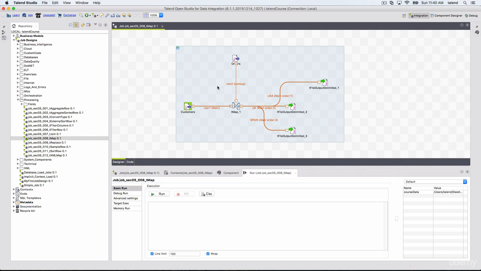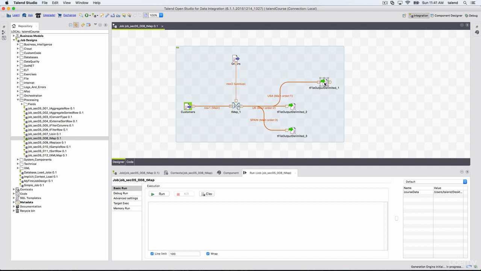So this is a basic job. What we are doing is we have this source file, customers, then we are looking up into the orders file using the TMAP. Oh, did I mention TMAP can be used to join and look up? And then we are writing into multiple outputs, and each has a constraint.